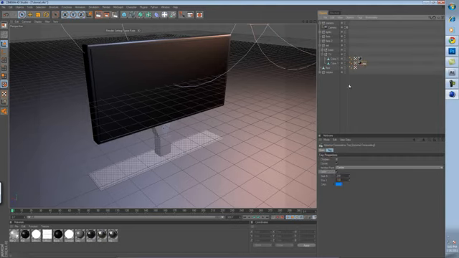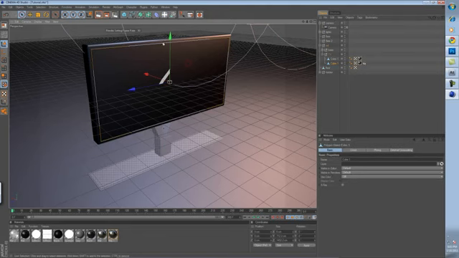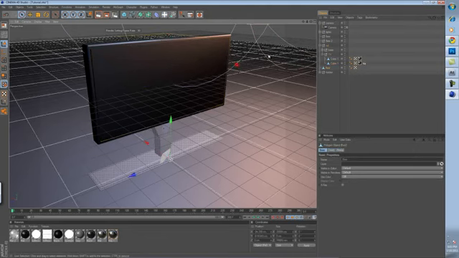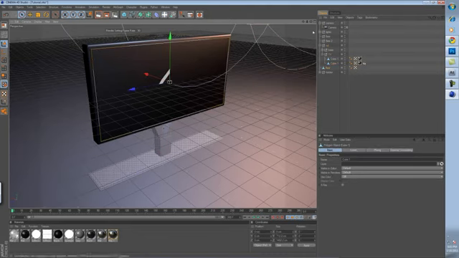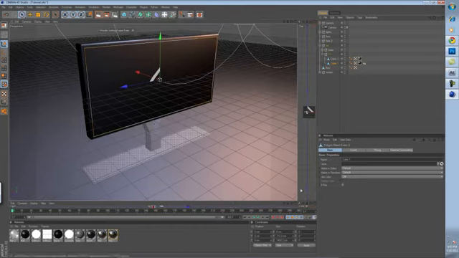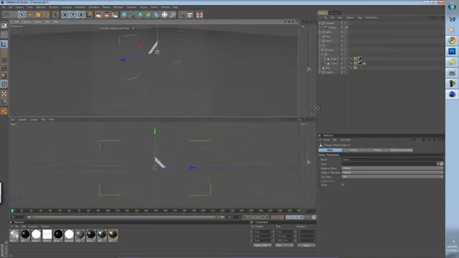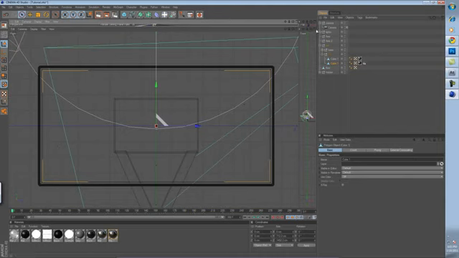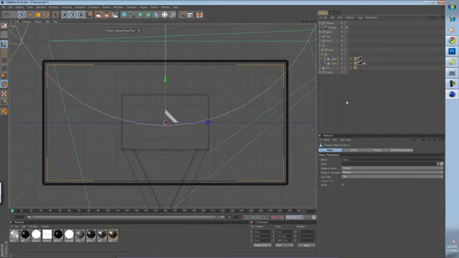So if you want to find out the width and the height of an object in Cinema 4D, but it's not a primitive. If you look at my cube, it's not a primitive, so I have no way of knowing exactly just by looking at its properties what the dimensions of the cube are. I mean, it's not exactly a cube, but I don't have a way of knowing that just by looking at the properties. So what I'm going to do is hide everything